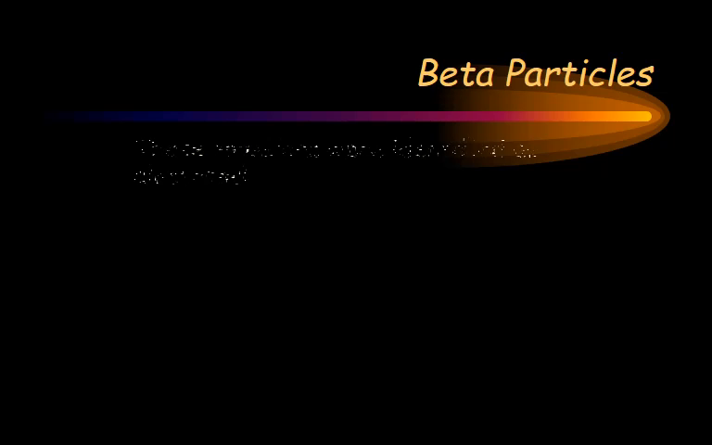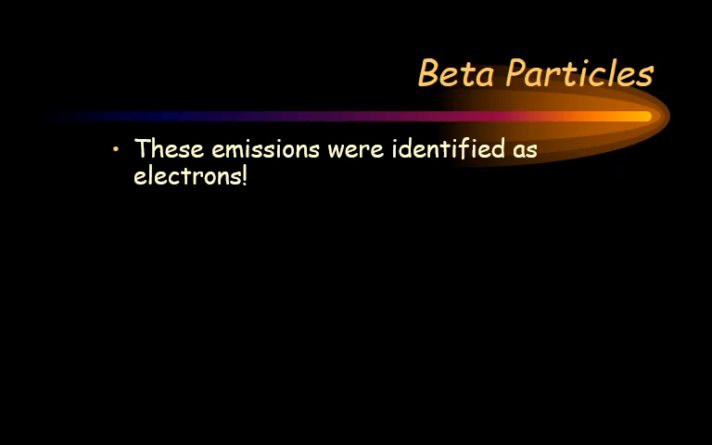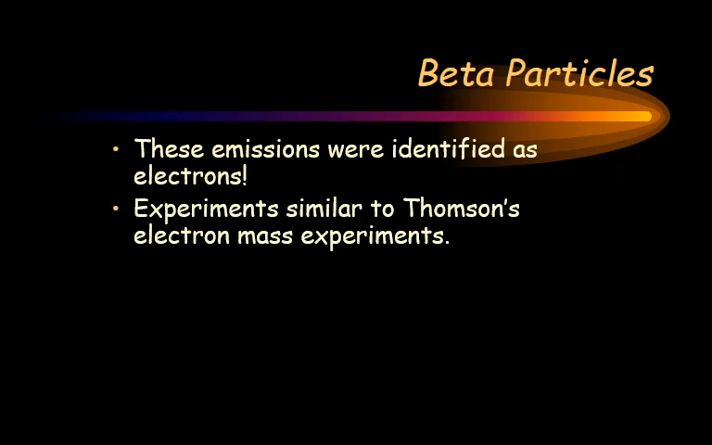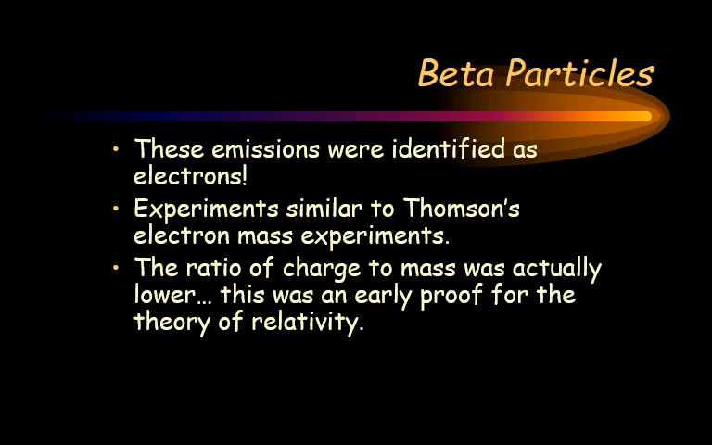Decay, and one type is where emissions are electrons that shoot out. Experiments similar to J.J. Thomson's electron mass experiments were able to discover this type of decay and understand what's happening. One of the things that's interesting here is the ratio of charge to mass was actually lower, and